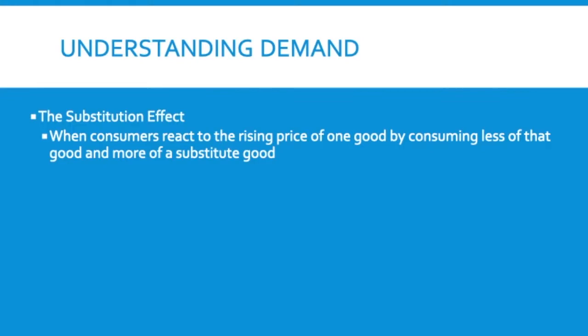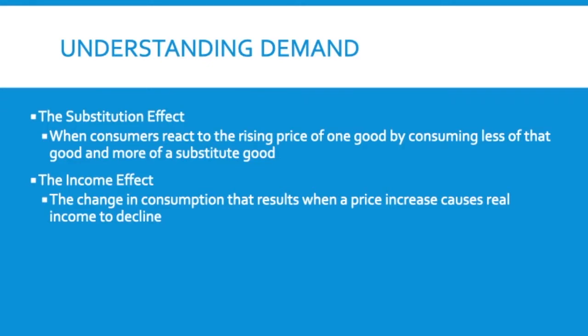One reason is the substitution effect. Consumers react to the rising of one price by consuming less of a good or more of a substitute. So think about why you will buy less when prices are high: if there's something that you can buy in place of it, then you're going to buy that instead. So if Coke is really high, like $6 a 12 pack, I might buy a Pepsi product or I might buy generic brand soda instead. So that influences my demand, the fact that my demand will go down as prices go up.